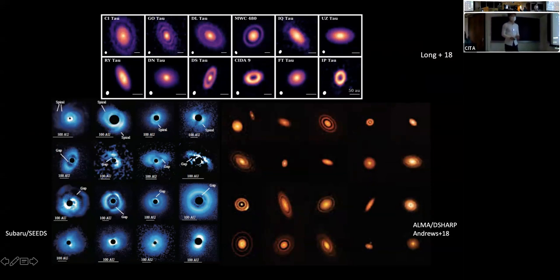You would probably tell him or her, it's narrow gaps or rings. Like this one is a very typical one, and all these, and more often in ALMA observations than in scattered light. So for dust rings and gaps in millimeter observations,